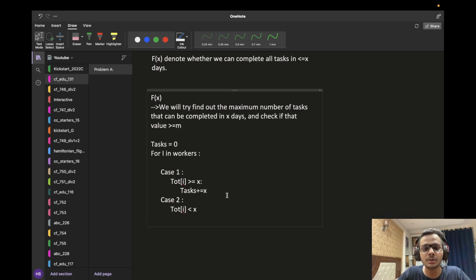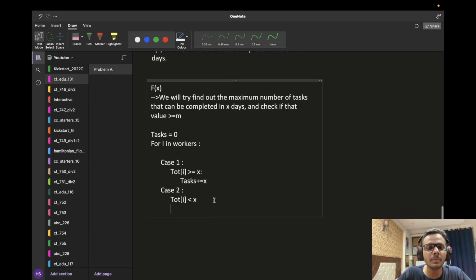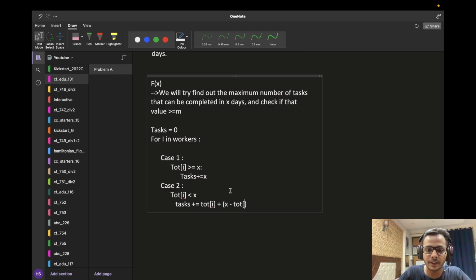So it makes sense to assign all the tasks in which he is proficient to the ith worker, and out of the remaining x minus tot of I tasks, the tasks which he will be doing, he will not be proficient in. That means he will take 2 days to complete each task, right? So basically what we'll do is, first of all, we'll assign him all the tot of I tasks in which he is proficient. And now what we have is x minus tot of I